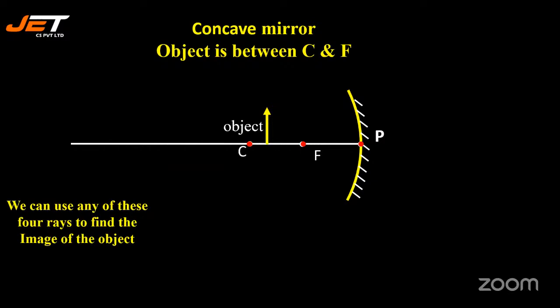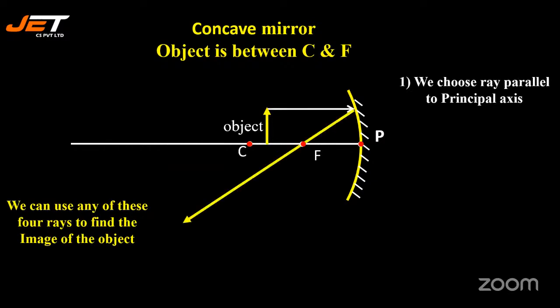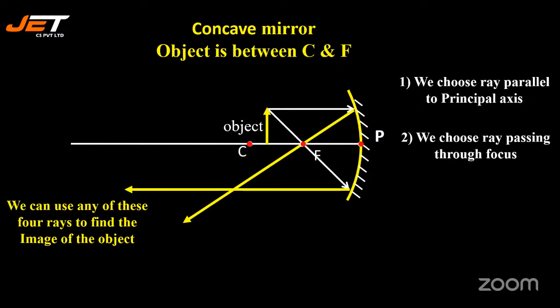Let's see how we trace this. You choose a ray parallel to the principal axis. The ray passes through focus. Another ray through focus will pass parallel to the principal axis. Look at this, students. It's magnified now. Anjali, you said it's the same size at C. It's magnified now, beyond C. Excellent. Aditya, Lokesh, Nidhi. All right. Chandra,